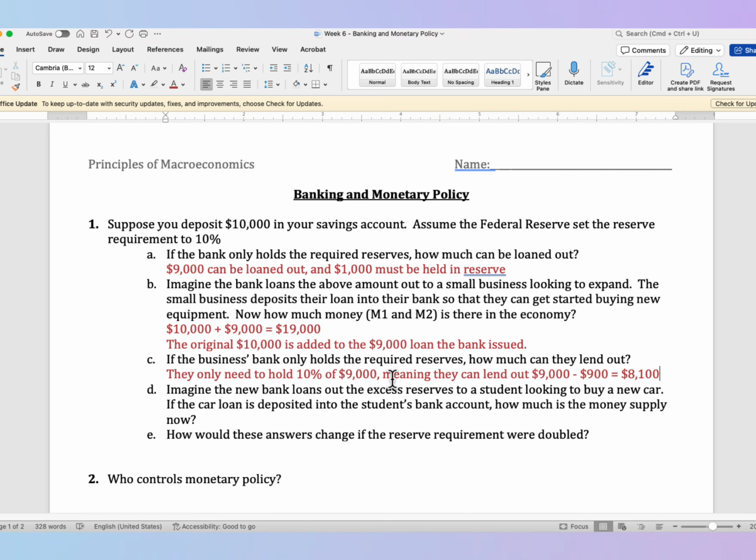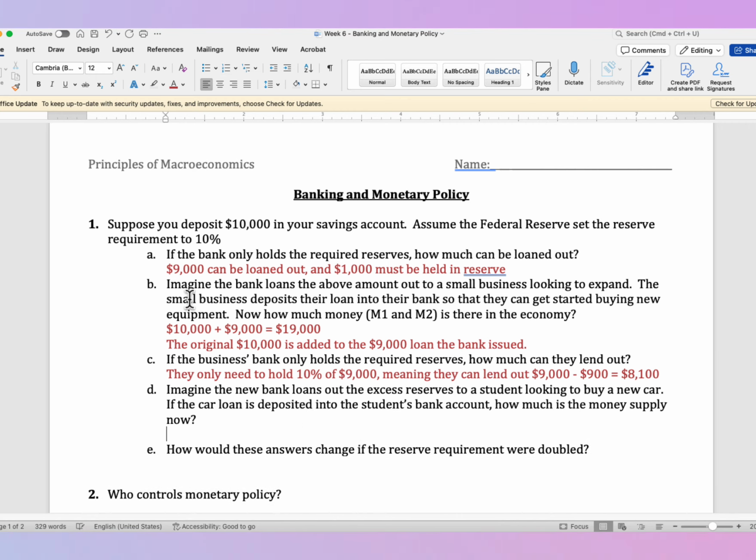So that would then possibly be deposited into another banking account, and that's what we see in this next question. The new bank loans the excess reserves out to a student looking to buy a new car. They deposit it in their account, and now we have $8,000 deposited into the third bank